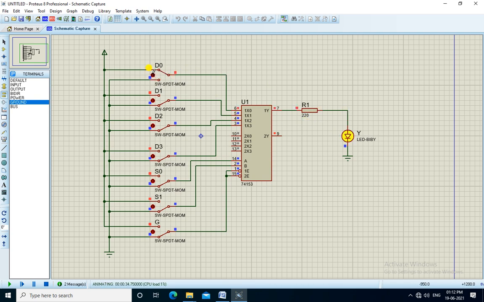If D0 is 1, the output is 1. At this time, if we change the other inputs, it will not affect the output. So only one input is connected at the output, which depends on these two input selection pins S0 and S1.